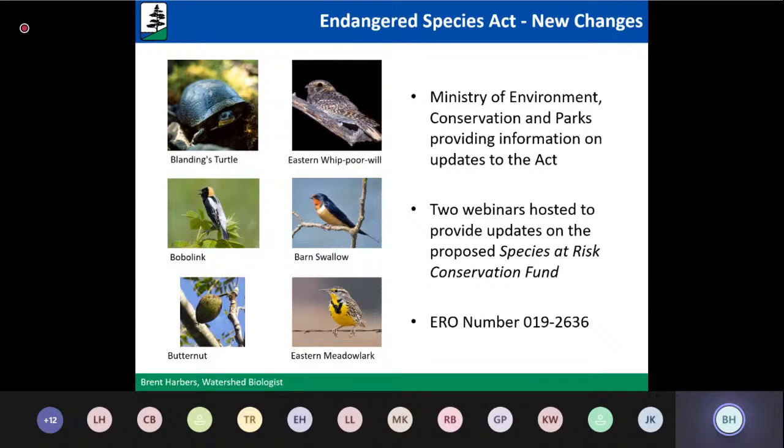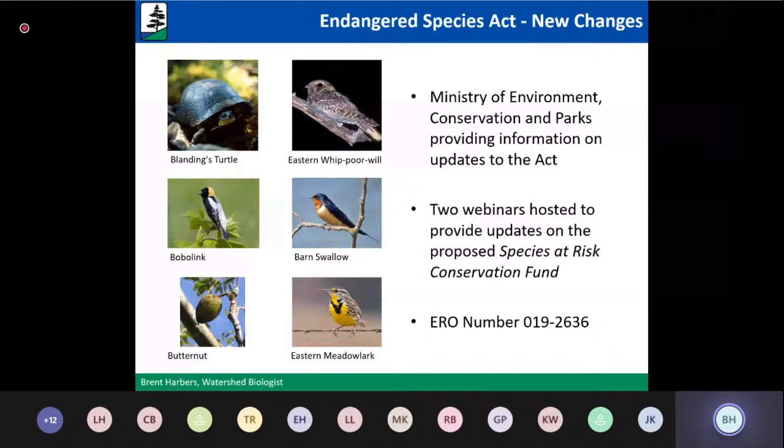Essentially, the main change is to create a new provincial agency under the act that will oversee a new fund that's going to be named the Species at Risk Conservation Fund. Essentially, this will see that agencies or individuals or municipalities that wish to harm species at risk or species at risk habitat will have the option to pay into this conservation fund, and then all the money that goes into this fund will be pooled on a provincial basis and will then be applied across the province for